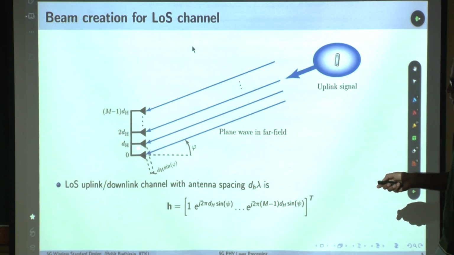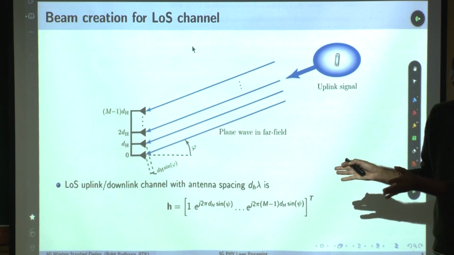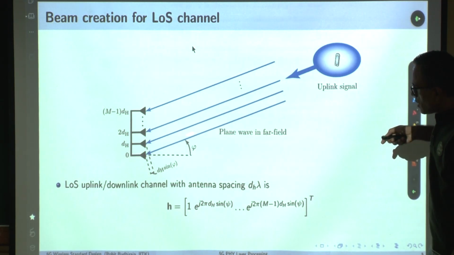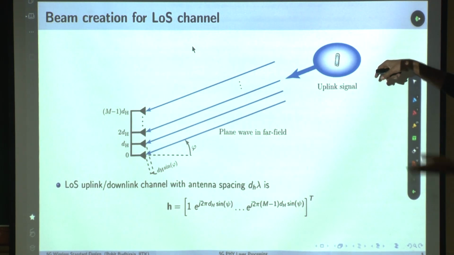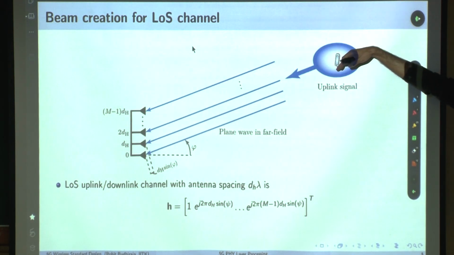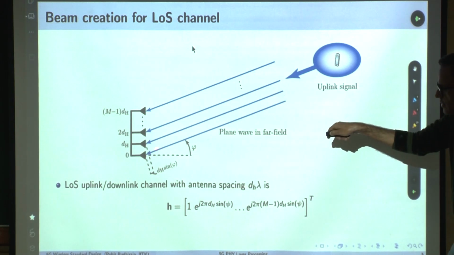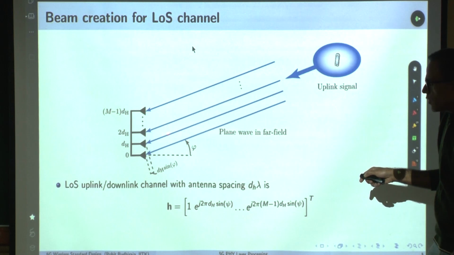Now this is a line of sight channel. You see there are no scatterers. The user radiates some signal in the uplink, but the same thing is applicable in the downlink also. The user is in this direction and sends a signal. This signal is received by different antennas. Now you see this,